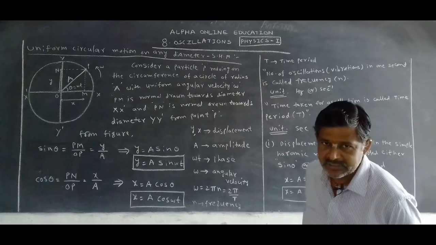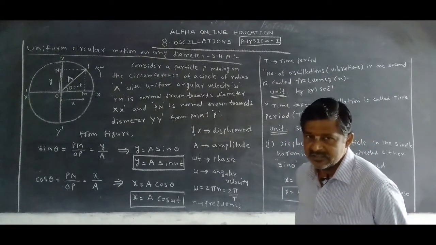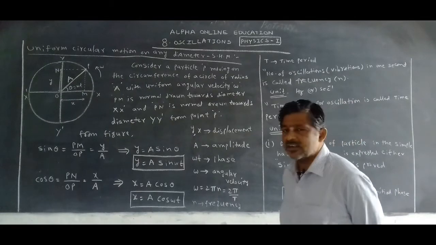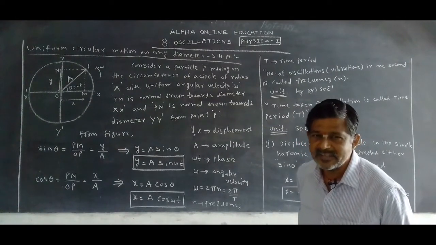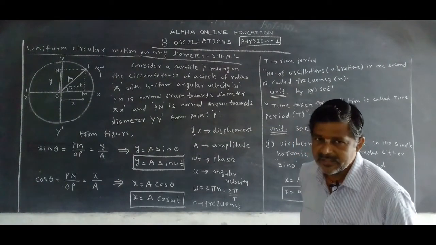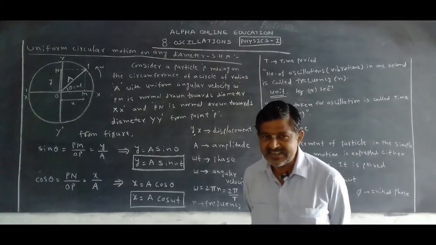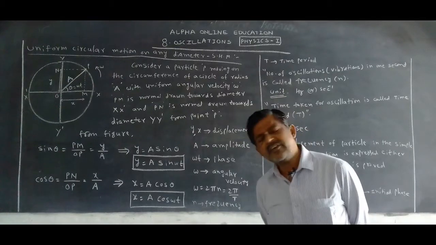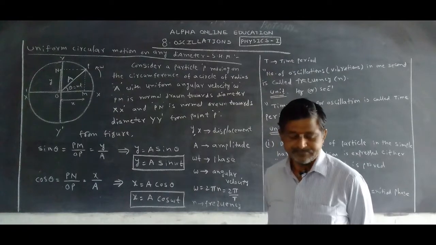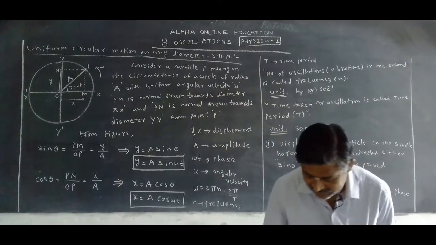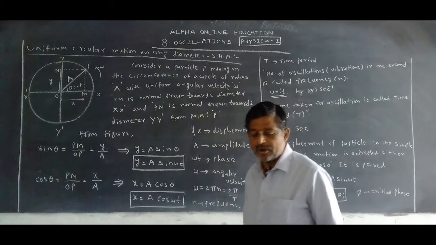We want to show that when a particle moves along a uniform circular motion, its projection on any diameter lies in simple harmonic motion. But in simple harmonic motion, we know that displacement must be expressed either as sin theta or cos theta. Anyone you take, either sin or cos. That is our wish. Now, how do we show that? Now, let us see the board, and very important, all of you must record this.